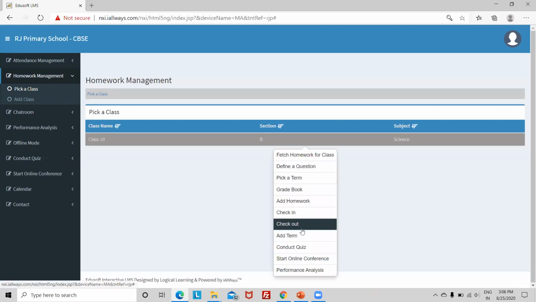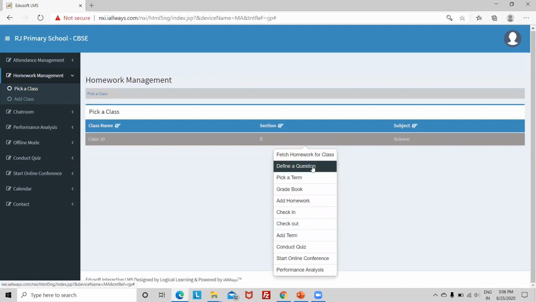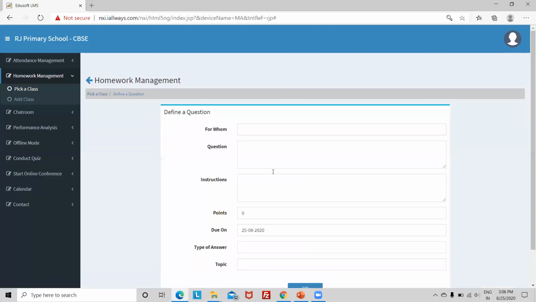What is the meaning of this define a question? This is a type of thing where you can either ask a question or give homework; both are kinds of assignment. Homework means you are giving some assignment to do. Question means you want to ask a particular question and give points for it, and specify the type of answer to give.